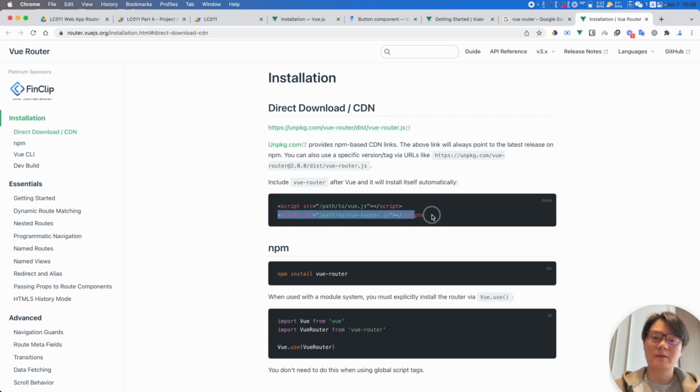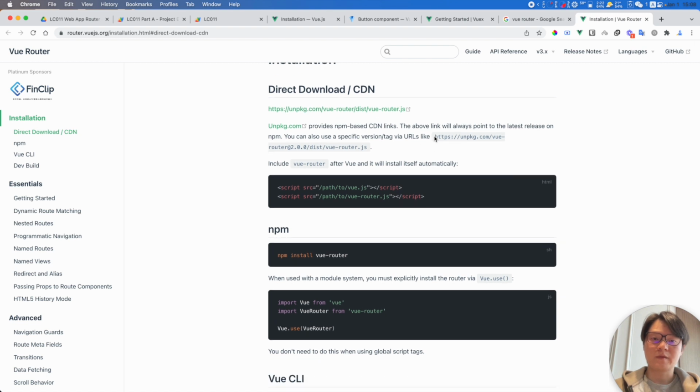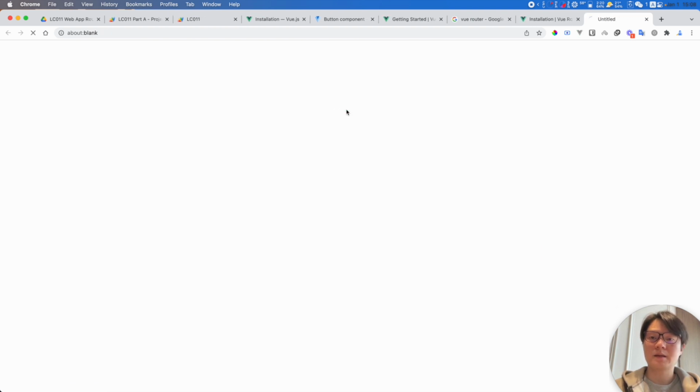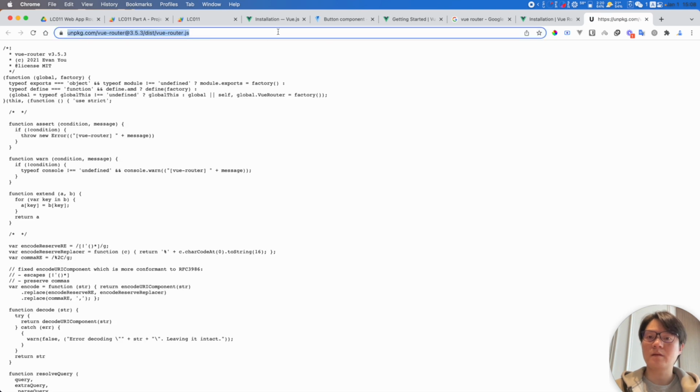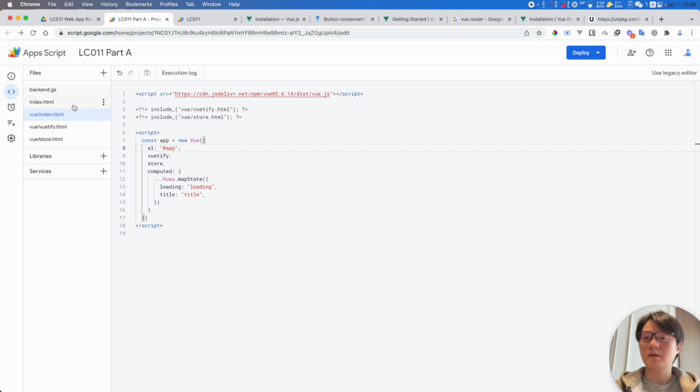You need a script tag to the library, okay? And for me, I'd like to make a copy of this file. This content here, I think this link is the source file. So make a copy of this file